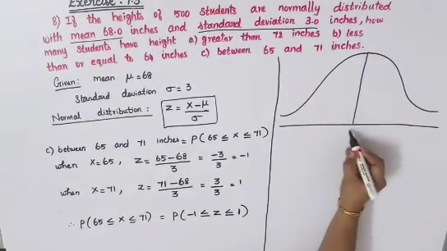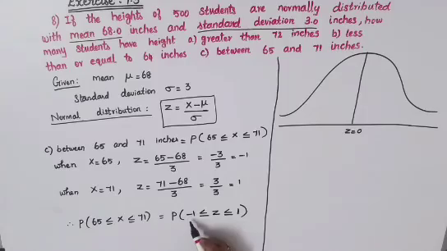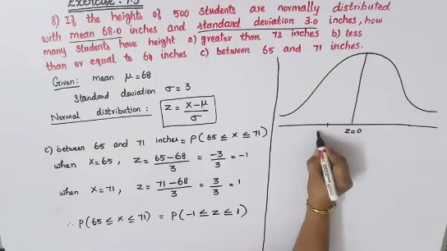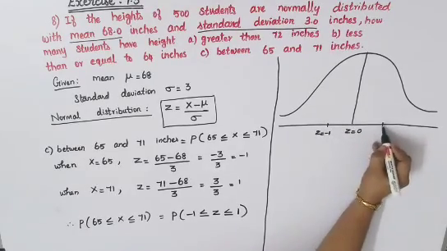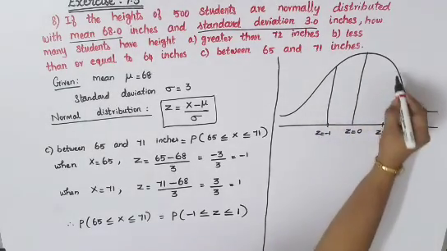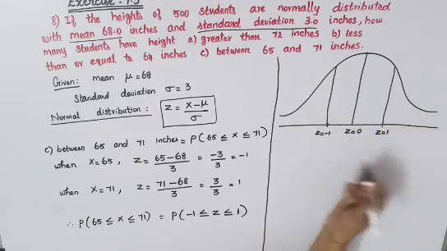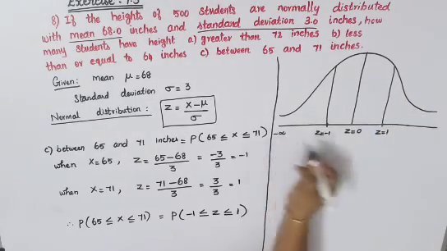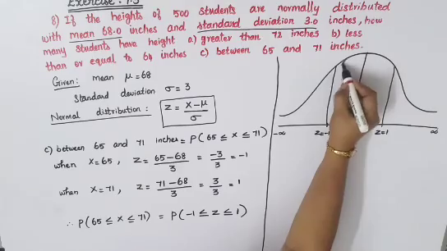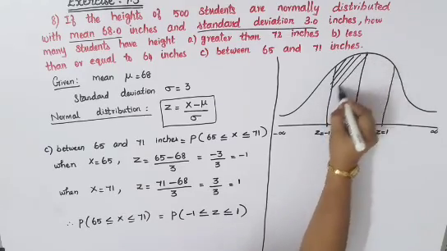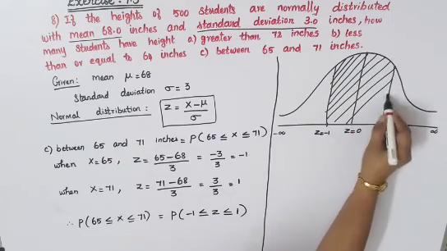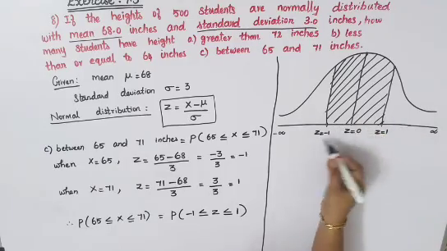So middle it is z is equal to 0. And here it is minus 1 towards your left side, plus 1 towards your right side. Okay. So minus 1 you will have somewhere here. So z is equal to minus 1. And this side z is equal to plus 1 you will have it. So just draw a line straight to that. And here also one more line straight to that. So when here this is minus infinity to infinity, you will have your region. Okay. So only this part we needed. So we can shade that region. So the shaded part we'll have to find it.